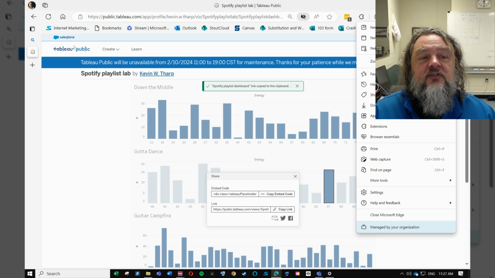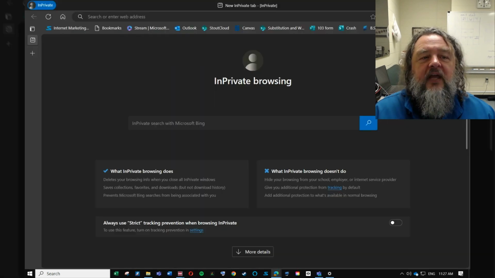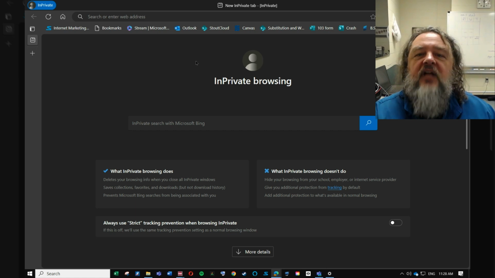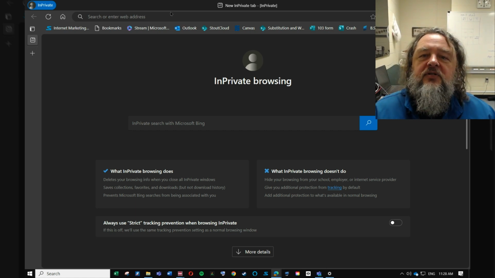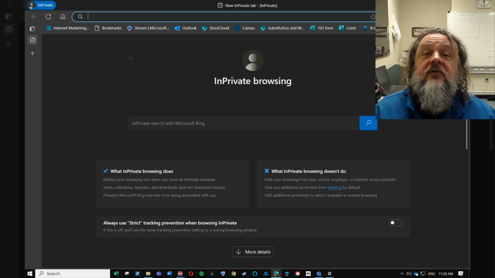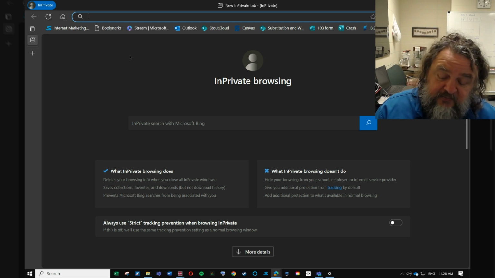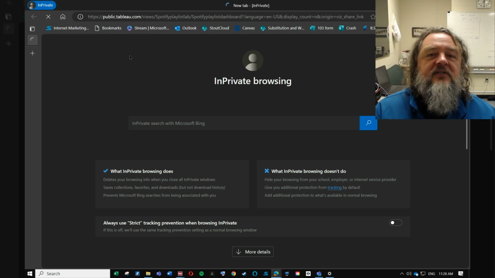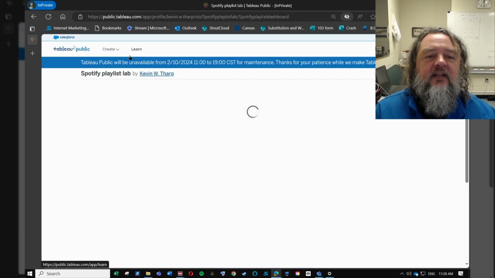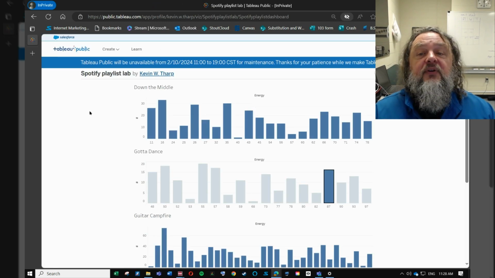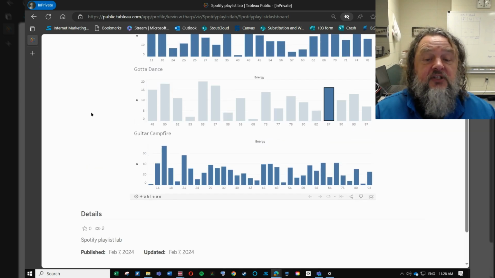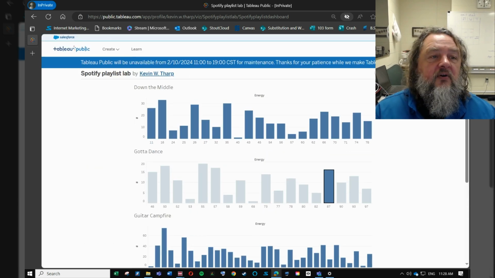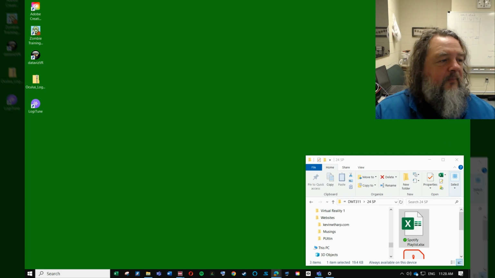that it is working. So what I'm going to do is I'm going to create a new in private window here. And what this means is this window has not imported the data that was associated with that other window where I was logged into Tableau. So I'm just going to come here and I'm going to paste that URL in there, and I'm going to see. So this is a way of checking to see if somebody other than you can see that data. And sure enough, there it is. So I am going to get rid of that in private tab,